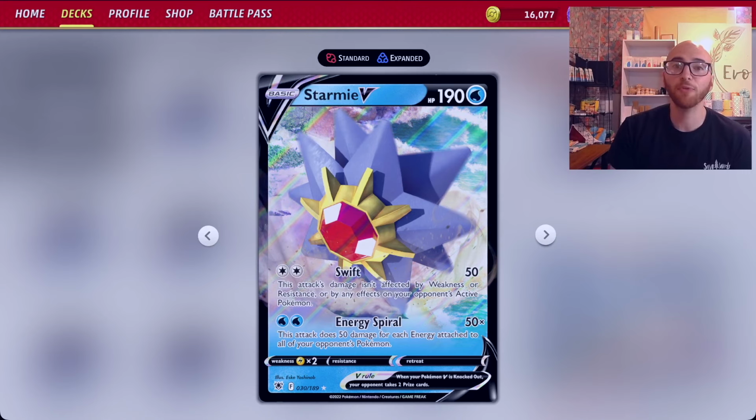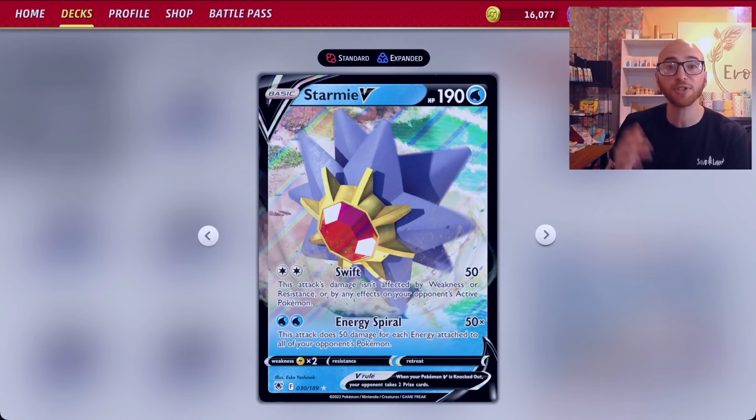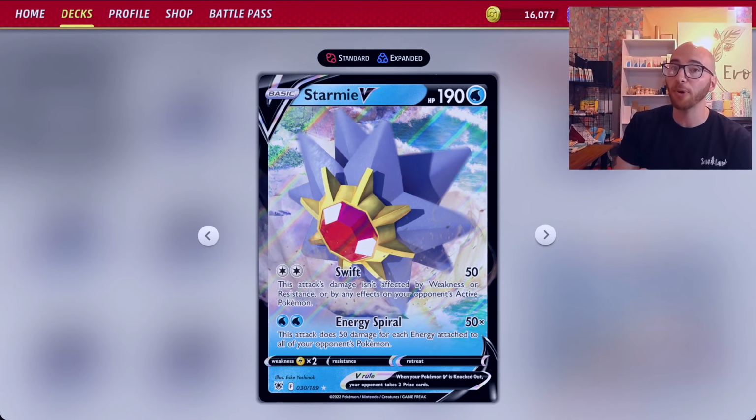Alright, as we stated before, there's lots of basic V Pokemon in this deck and lots of interesting ones too, so we're going to start it off here with Starmie V. Starmie V has an Energy Spiral attack that can hit for 50 damage times the number of energy on your opponent's Pokemon, which is great for those Gardevoir matchups or their Arceus matchups where they're loading up energy on their